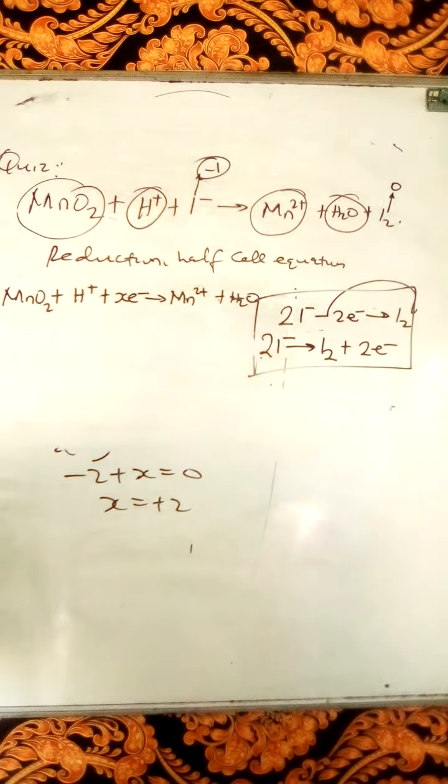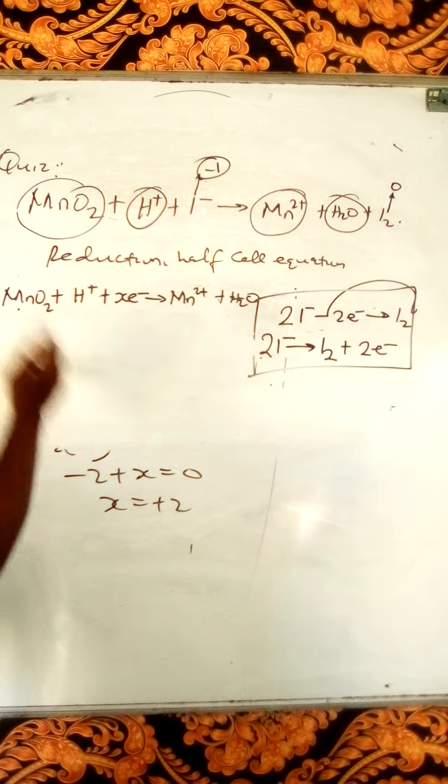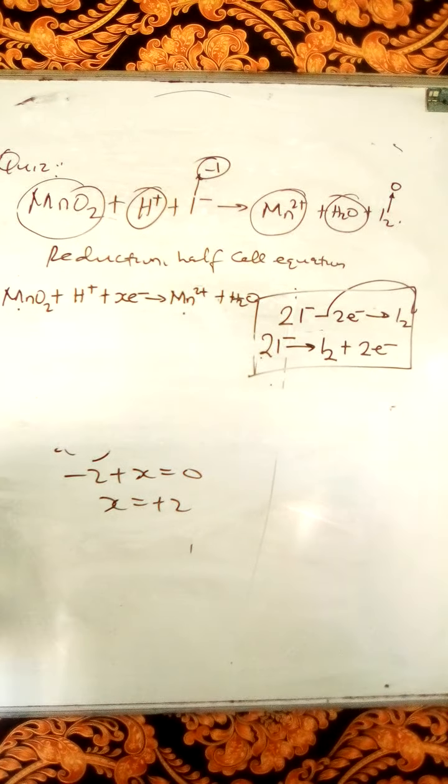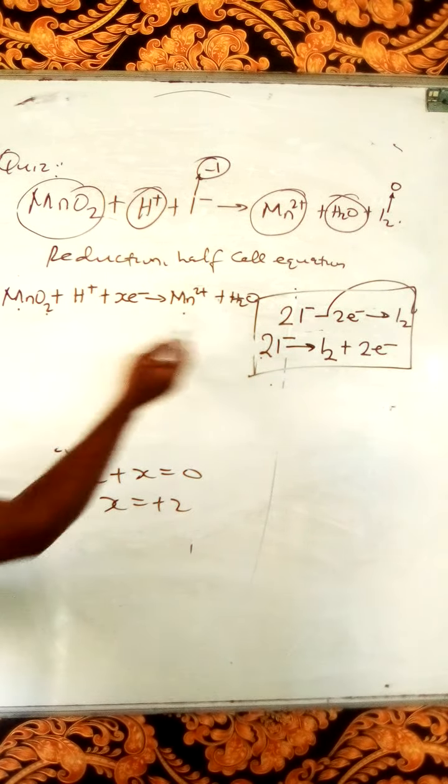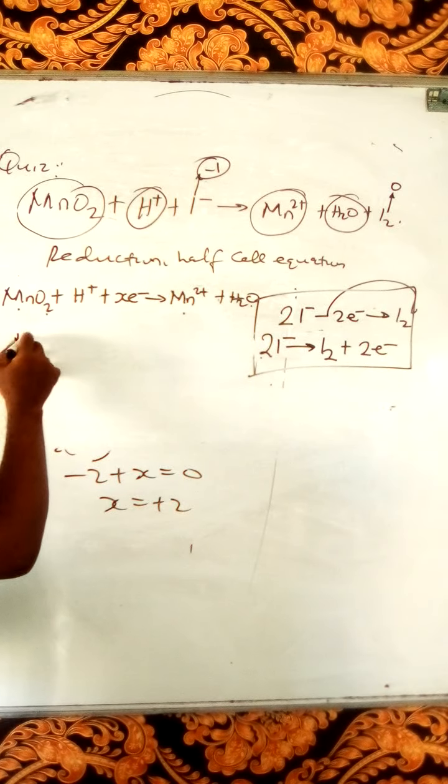Because if the atoms are not balanced, I will not get the right answer. So if you look at manganese here, one atom this side, one atom on the other side. Our manganese is balanced. Then look at oxygen. Oxygen is two atoms here, but only one there. So we have to balance oxygen